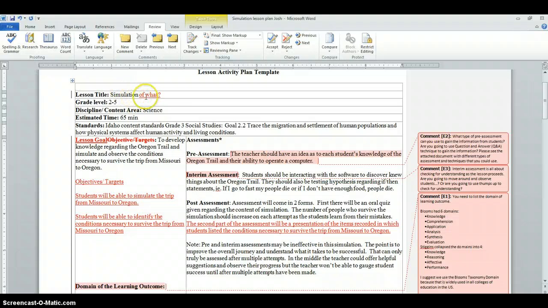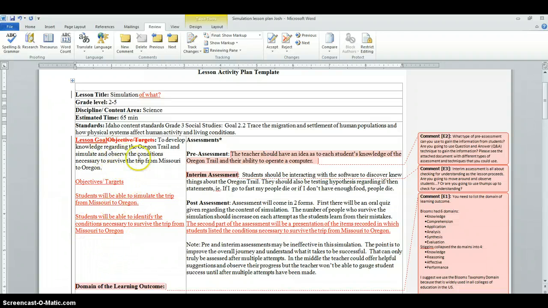You just said simulation, but you need to explain simulation of what, because simulation alone is not a good title. Then coming to your standards, you have good social studies standards. When I look at your objectives, they don't really sound like objectives. They sound like a goal for the lesson, because the objectives are supposed to be written in such a way that they are easy to measure, and they're measurable, and we can easily see like this is objective one, objective